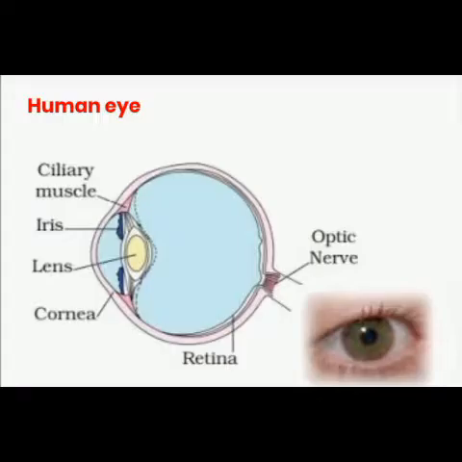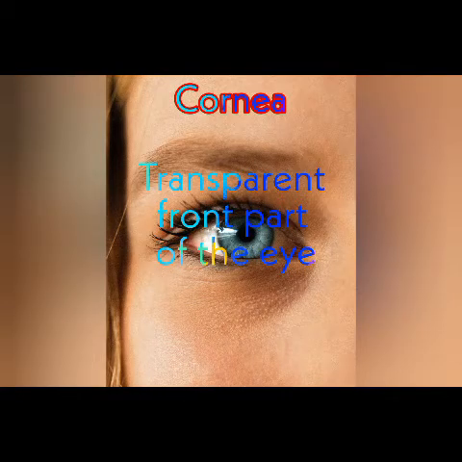The main parts of the human eye are cornea, iris, pupil, ciliary muscles, eye lens, retina, and optic nerve. The eyeball is approximately spherical in shape, having a diameter of about 2.5 cm. The outer coat of the eye is white. It is tough so that it can protect the interior of the eye from accidents. Its transparent front part is called the cornea. The light coming from objects enters the eye through the cornea.